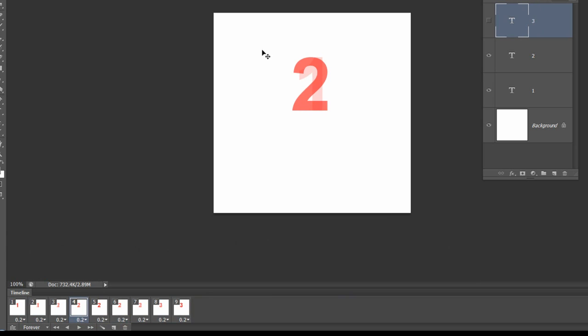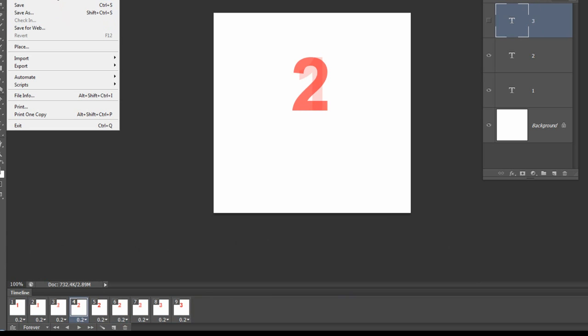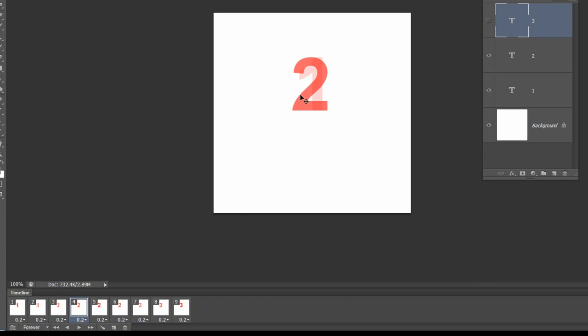Now to save this out as an animation, you can either make a movie out of it, but it would be much simpler to just file, save for web and devices, and I've shown you how to use that before. If you want to save this and then so you can come back to it and edit it, then save it as a PSD file, which